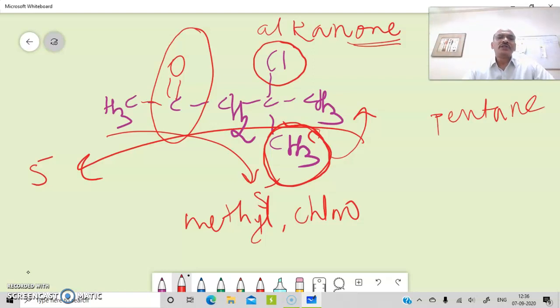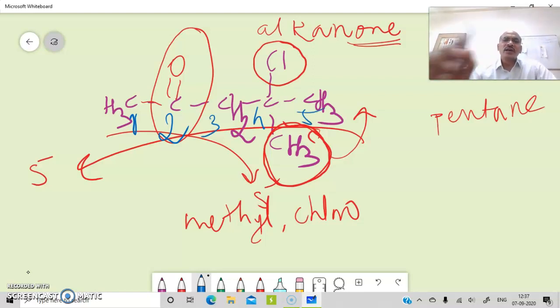indicate, and for the position you have to number the carbon atoms of the longest continuous chain. For that, again you have to select the side which provides the lowest possible number to the carbon having the double bond O, that is the ketonic carbon. So from the left side we proceed with numbering 1, 2, then the ketone group comes on carbon 2, 3, 4 and 5, like this. So here chlorine is on carbon number 4, and methyl is on carbon number 4.